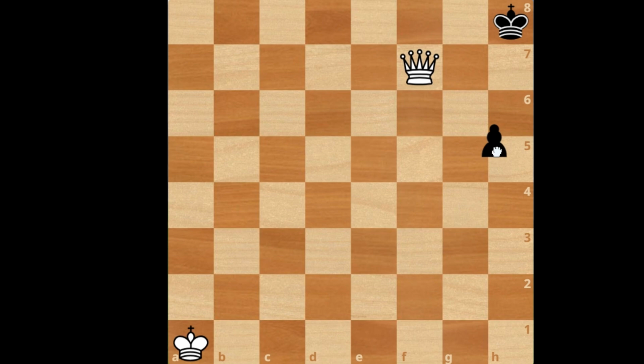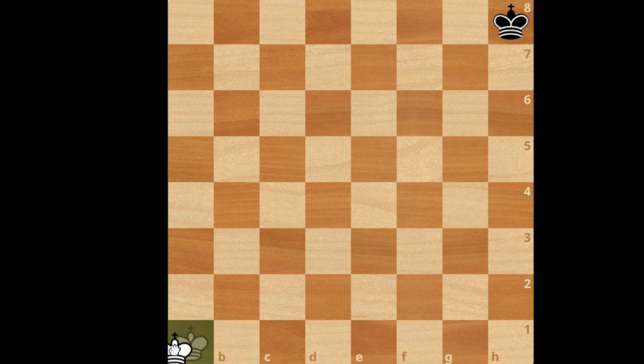Even if there were a pawn over here, he could move that, so it's not a stalemate. And then this, and then that would be check or whatever. But still, a queen is kind of dangerous, like a rook, and it weighs 9 points. It's the most important piece in the game.